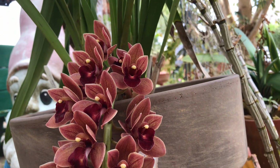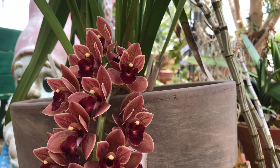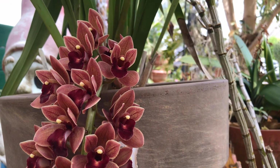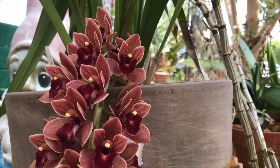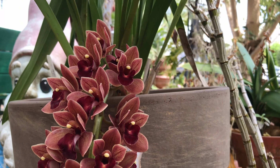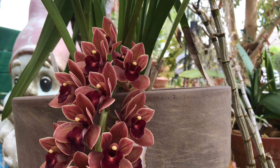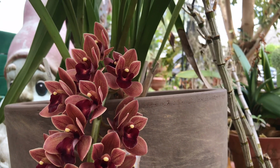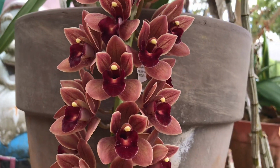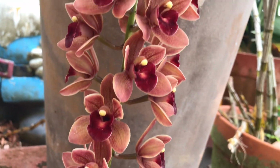So this is one of my pendulous type Cymbidium, and the same care as the other one. You can also hang your pendulous type in a basket if you like, but I would recommend, if you have a lot of space, you can hang it, but I like to hang the pendulous type if they have shorter leaves. That way it doesn't touch whatever you're hanging. So yeah, this one I chose the taller pot. So this is fragrant,